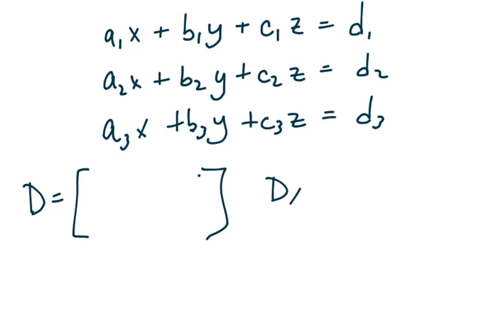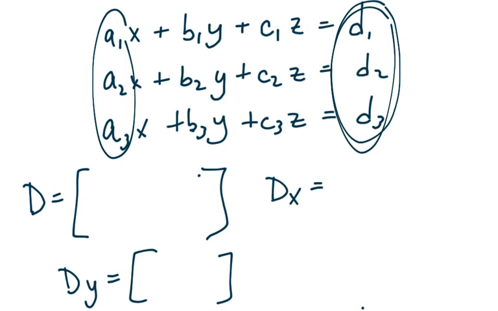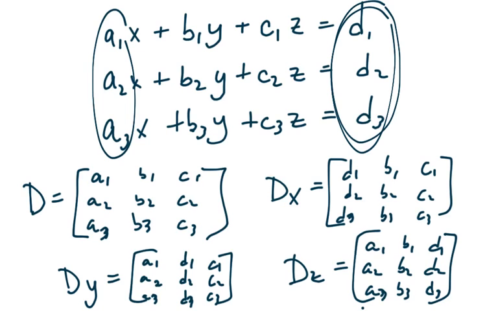Then you could find your Dx, where you replace the A's with your D's. Then you can find your Dy, same thing. You replace your y coefficients with your D's. And then you would find your Dz by replacing your C coefficients for z with the D's. Okay, and so you see, these would be your matrices that you could create,